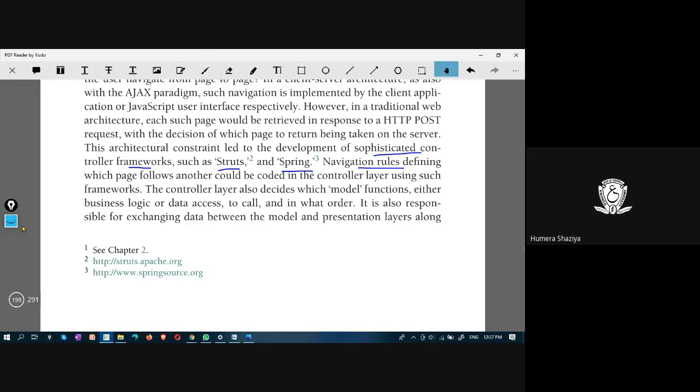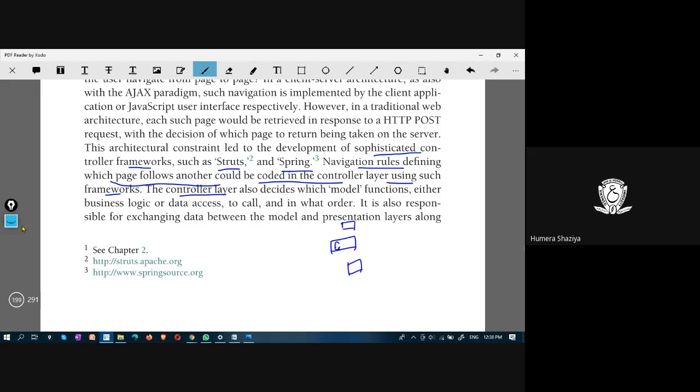are also defined concerning which page follows another, which could be coded in the controller layer using such frameworks. So the controller layer also decides which model functions, either business logic or data access, to call, and in what order. You have a controller in the middle, here the data model, and here the view.